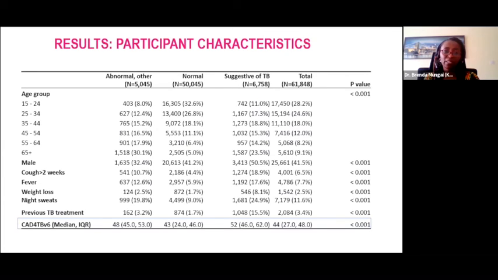So what are participant characteristics? About 70% of the participants were actually aged 45 years and below. And then the males were 41.5%. And then those above 65 were about 9.1%. From this table,